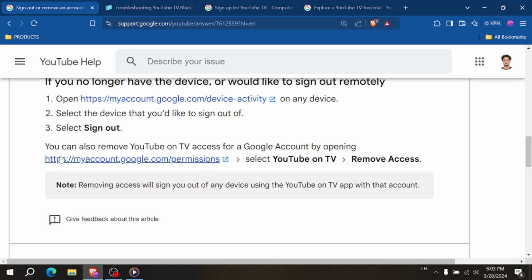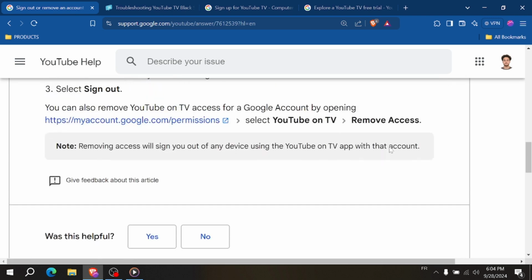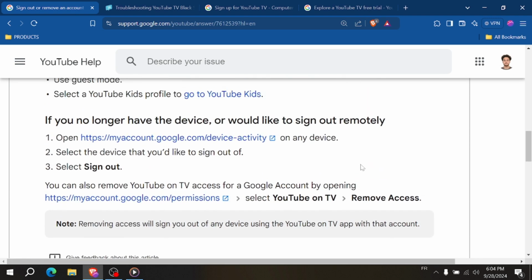After removing someone, they will no longer have access to your YouTube TV account. If they try to log in, they'll be notified that they have been removed. Make sure to inform them if necessary, especially if they were using the account regularly. And that's it. You've successfully removed someone from your